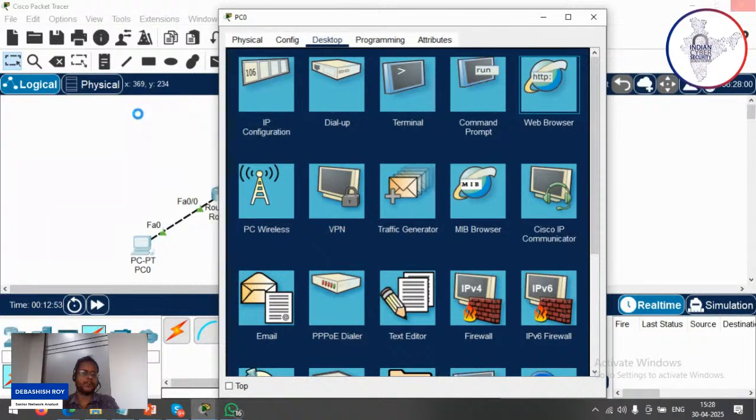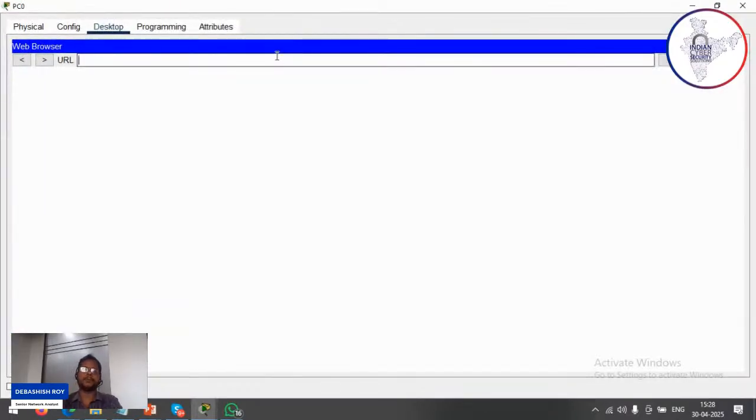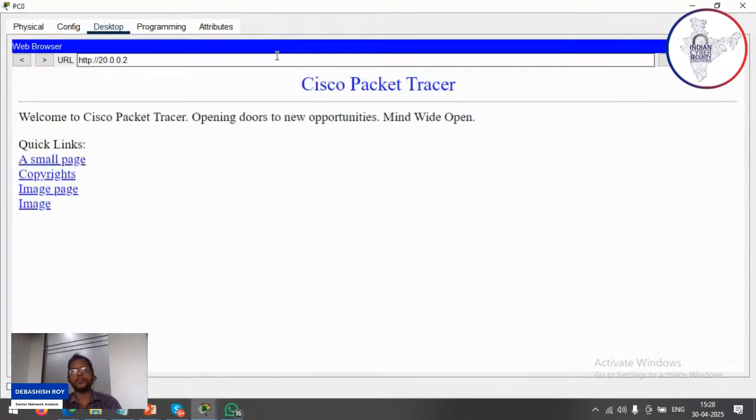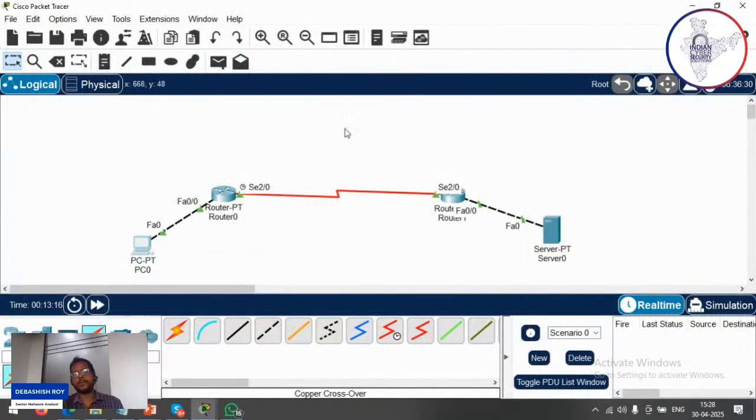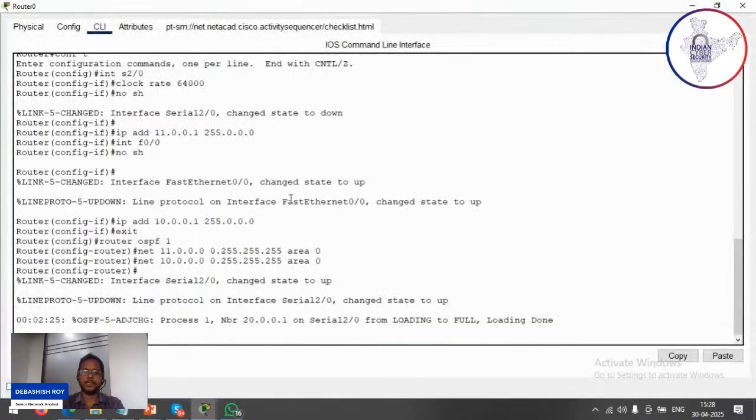But say there is an IPS, or there is a firewall system, and definitely in this form of ACL, in this form of extended ACL, we want to block the access to the web server. So here you can go to that browser and give 20.0.0.2 and see the Packet Tracer web page is coming. I do not want to show it here. So what I can do, I can go to the source and I can implement an extended ACL,